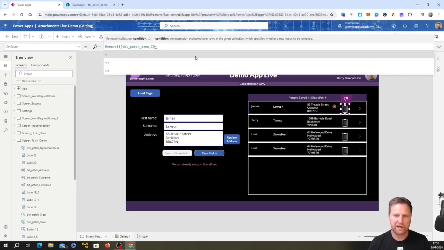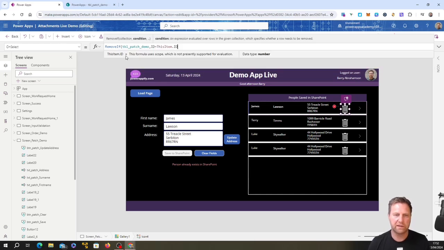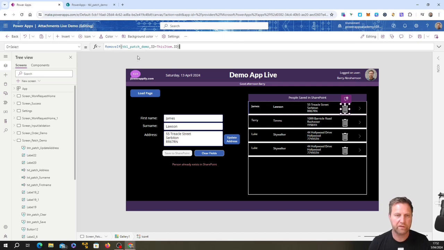With this SharePoint list, there's an automatic column called ID. We didn't create it, but it exists. If ID is equal to this item.ID, then delete it. RemoveIf in this table there's a column called ID that matches this item.ID. Okay,